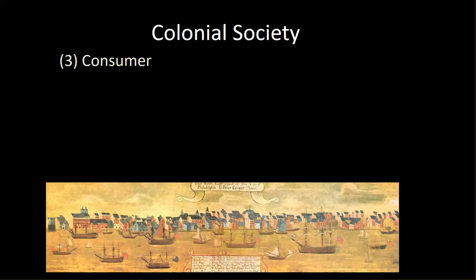Most of the output of the colonies was consumed close to home, but North America was still shipping a lot of raw material to England. Virtually the entire Chesapeake tobacco crop was marketed in Britain, and then it would be re-exported to Europe by British merchants. Most of the bread and flour from the North American colonies went to the West Indies. African slaves in the West Indies grew sugar, which could be distilled into rum,